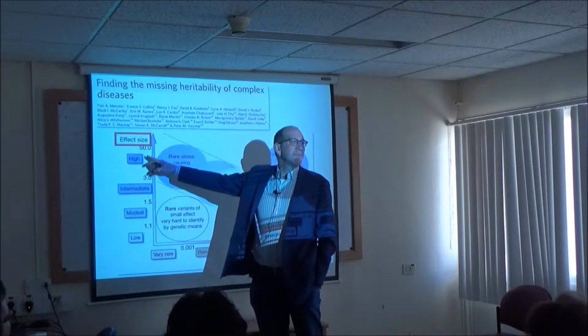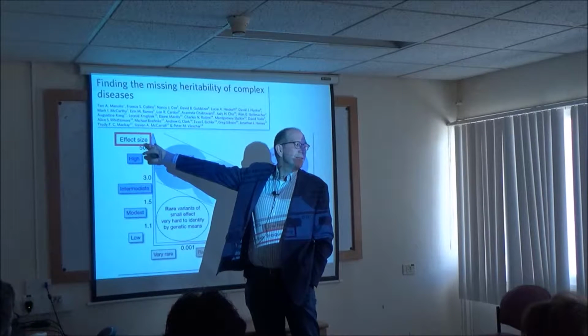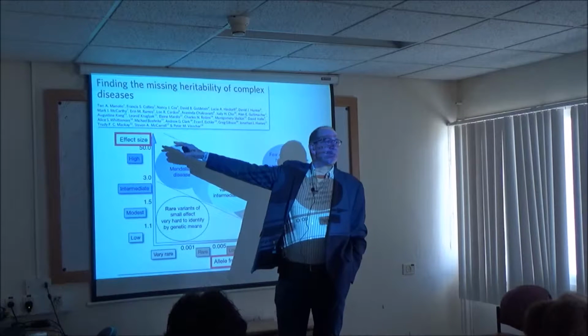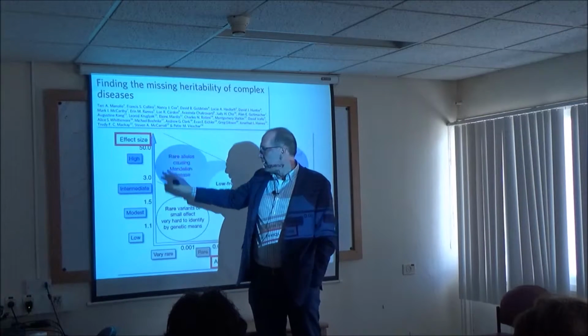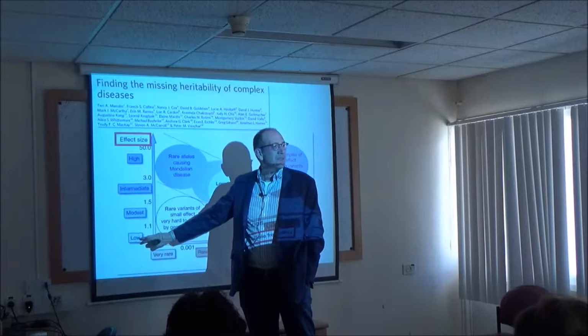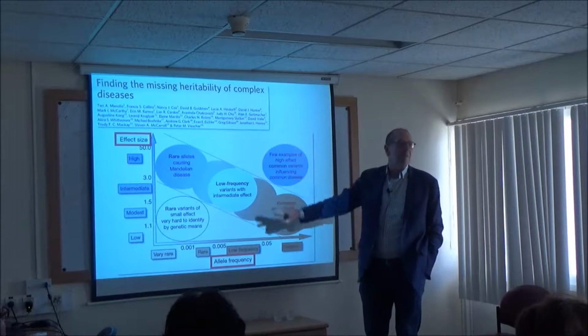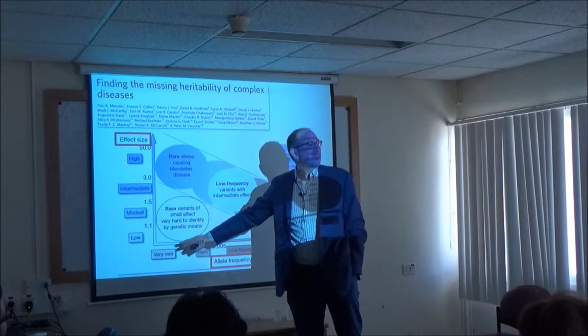And the other dimension we'll talk about is what's the effect size? Is it a high-risk variant? For example, there are things we call Mendelian, which means you have a mutation, you get the disease, there's 100% penetrance, right? And then there are things that are very low risk, increasing risk by a tiny fraction of a percent.